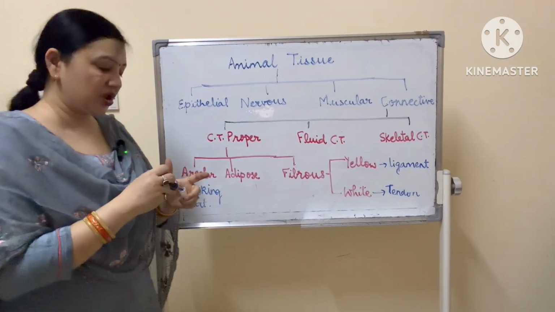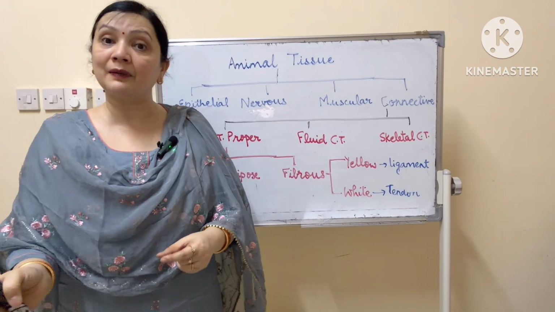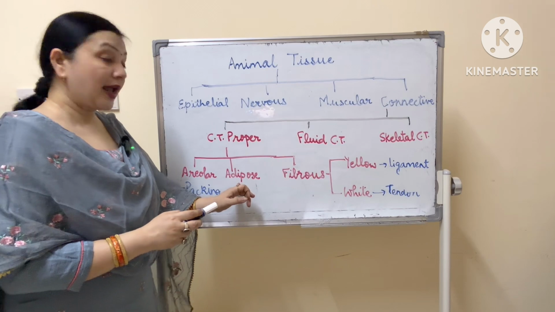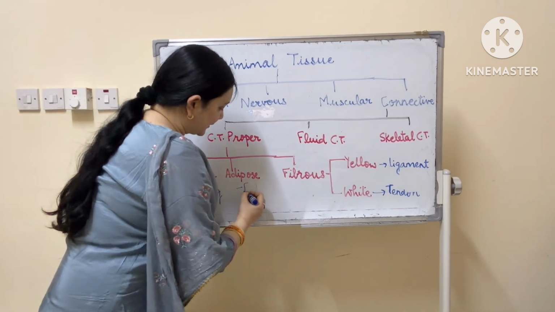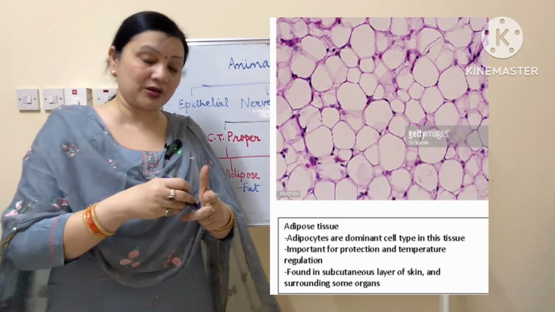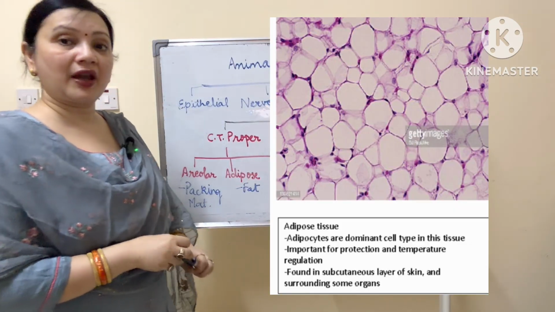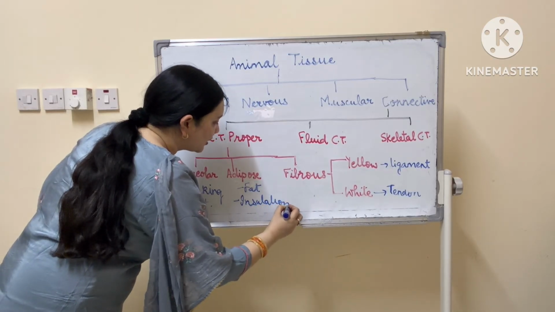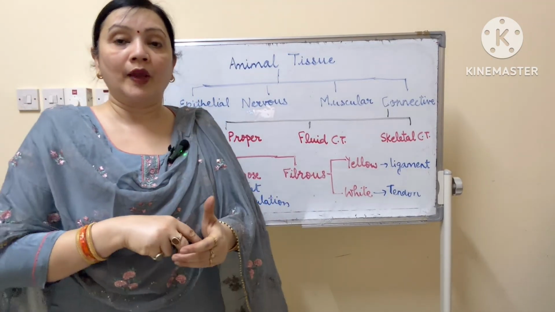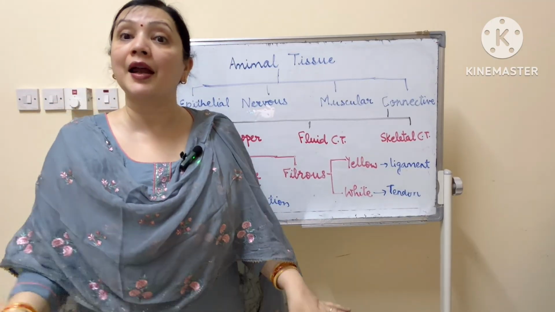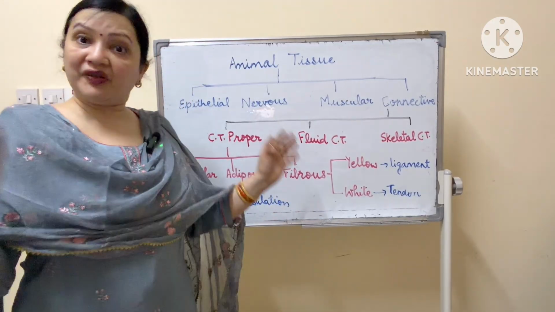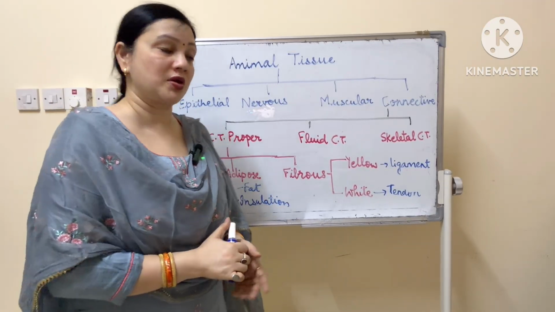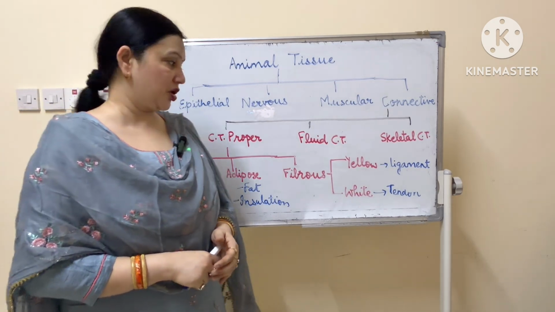Okay. So the packing material of our body, which keeps the things in their place to avoid any injury, is areolar tissue. Now this adipose tissue is made up of fats. It is present right next to the skin, and the main function of adipose tissue is insulation. It provides insulation to the body. It keeps the body warm. If this tissue will not be there, maybe we die of cold. Alright? Even if it is very cold, the body will feel sufficiently warm as compared to the surrounding. Why? Because of the adipose tissue.